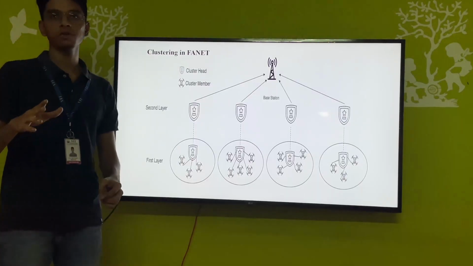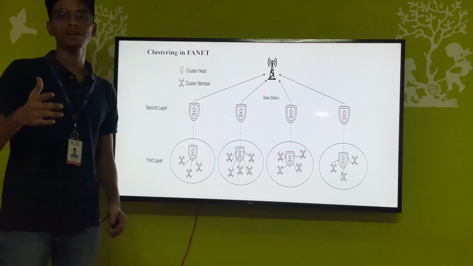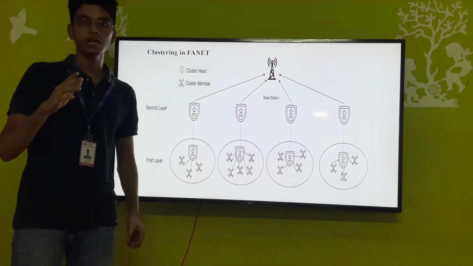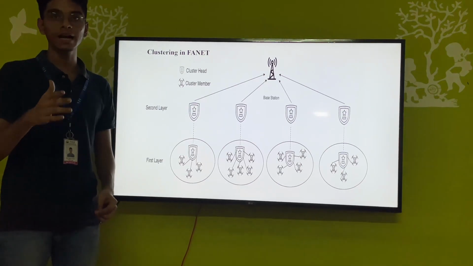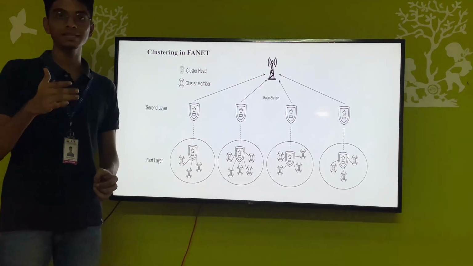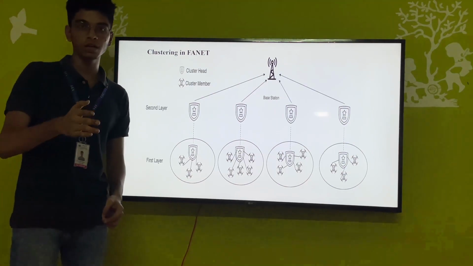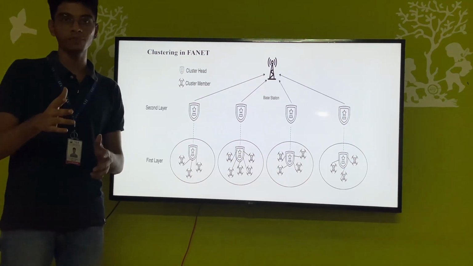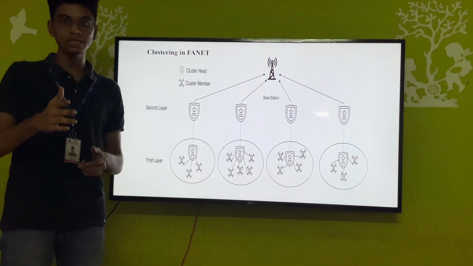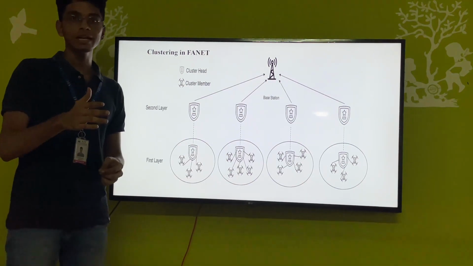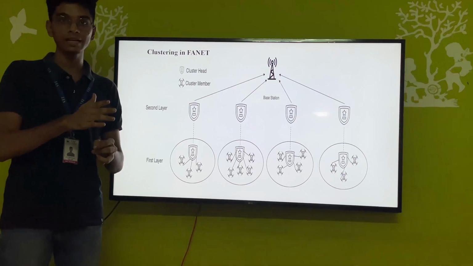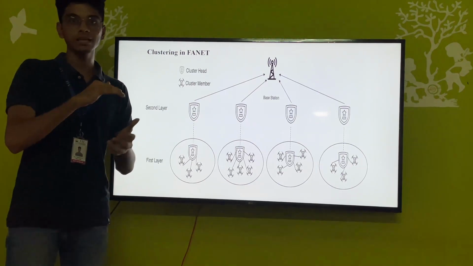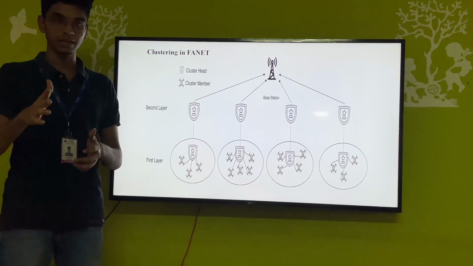Apart from the traditional routing protocols, there is also a concept called clustering in FANETs, which has static and dynamic clustering types to work with. Clustering is a significant concept in FANETs as it helps to improve network efficiency and scalability by dividing the network into smaller groups or clusters. One popular clustering protocol in FANET is called LEACH, which is Low Energy Adaptive Clustering Hierarchy. LEACH dynamically forms clusters and assigns nodes as cluster heads based on their energy levels, and thus reduces the overall energy consumption in the network.